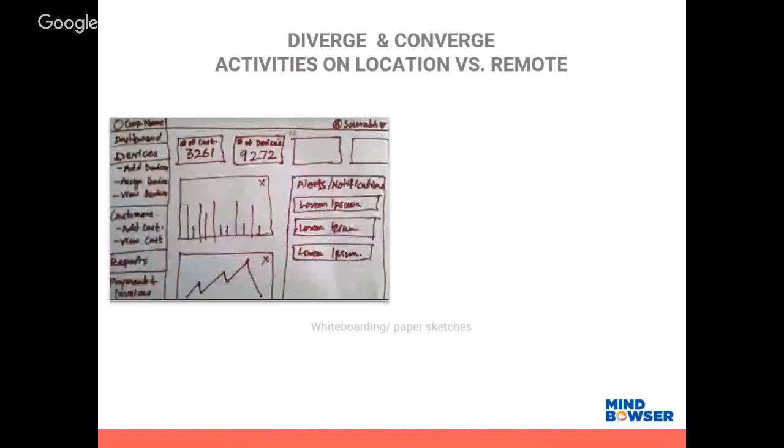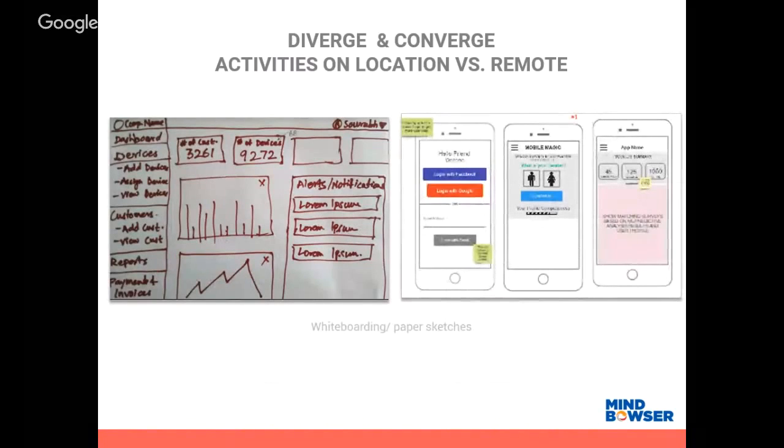Then this is how whiteboarding or paper sketches look in a sprint, and this is how they would look if you do it in Realtimeboard. These are some wireframes that we did actually inside the sprint, and there was this facility of adding notes and thoughts wherever needed, and we could just drag and drop icons and progress bars and things like that made it really easy to